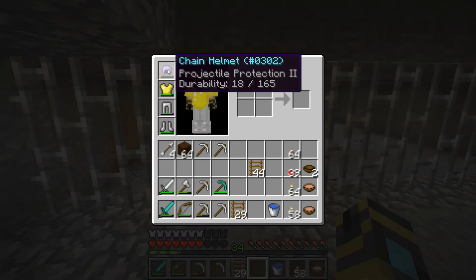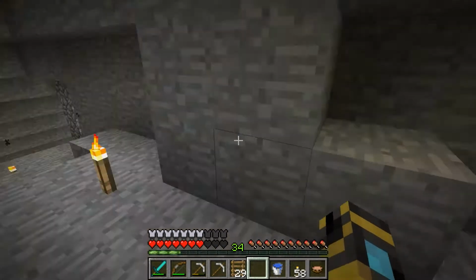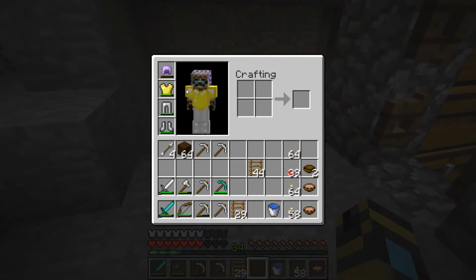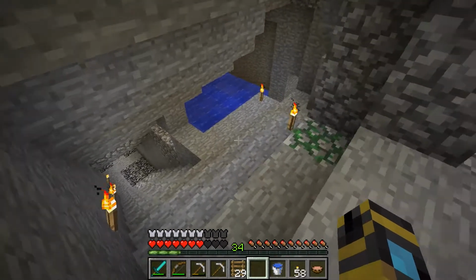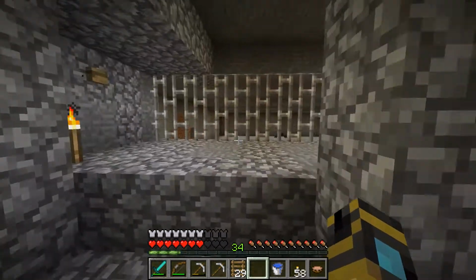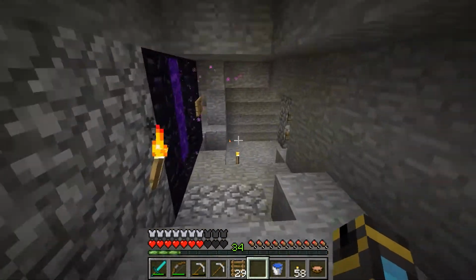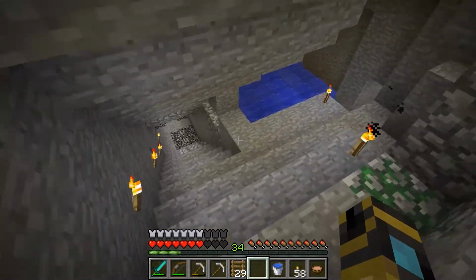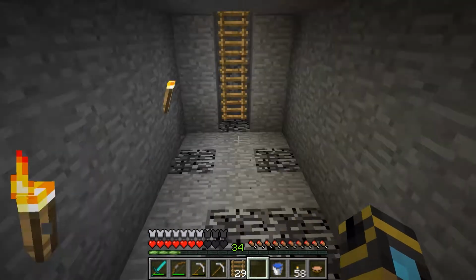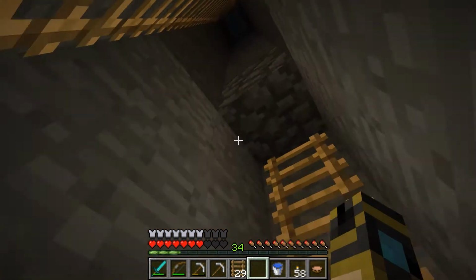I got a projectile protection 2 chain helmet from a zombie, which is pretty cool. That will protect me a little bit from skeletons. But anyways, we have that thing, and I think we'll turn it on right now. We'll get some mobs spawning in there. I don't know if we'll actually get any endermen, and I don't know if it's really going to be too easy to get them out of there anyways. But what I want to do is actually...